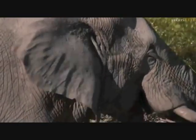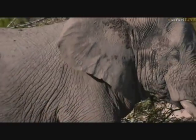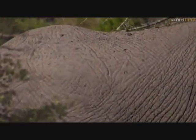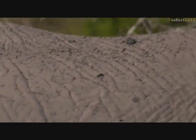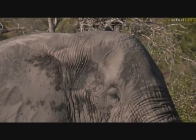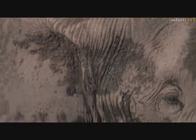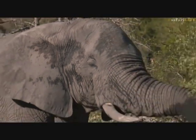But in terms of the actual skin itself, all that's going to happen is that they're going to be very dehydrated if they don't constantly spray water on them. Their skin is very absorbent and very porous, and it will actually absorb moisture into the skin, and that's why when you find an elephant throwing water on itself, if you look on his head area and various other parts, there's little darker sections, that's where water has gone onto his head and is actually being soaked in by that skin. It's not running off like it does on our skin. With an elephant, it actually soaks in and will become part of hydrating that skin mass,